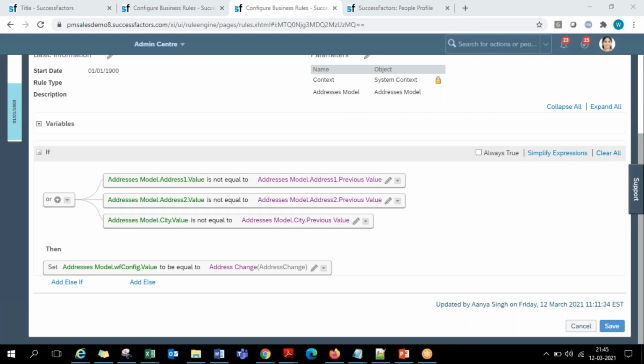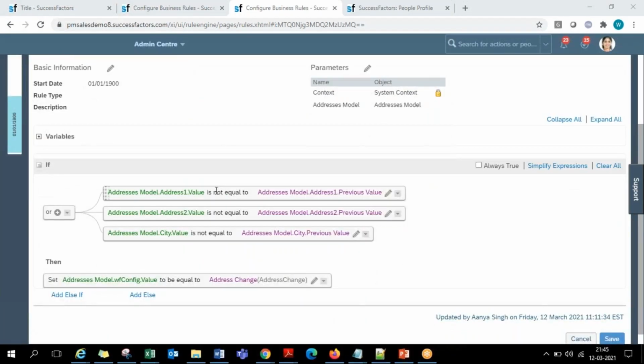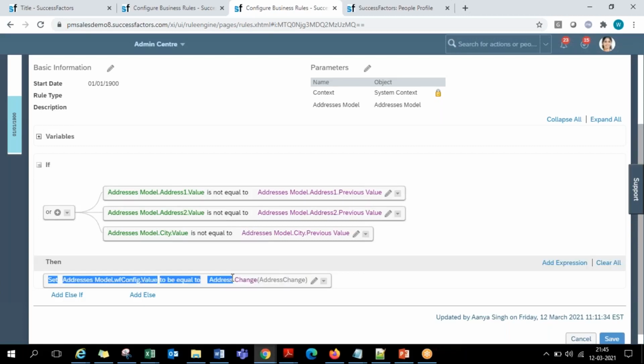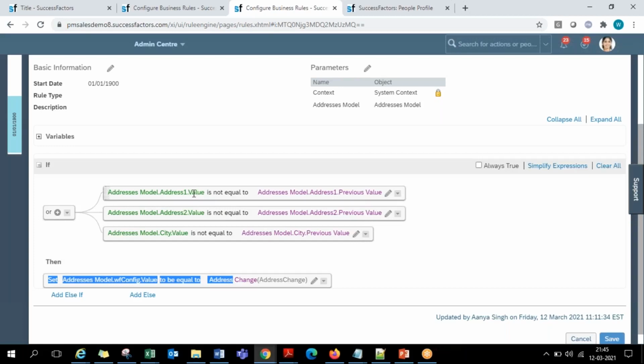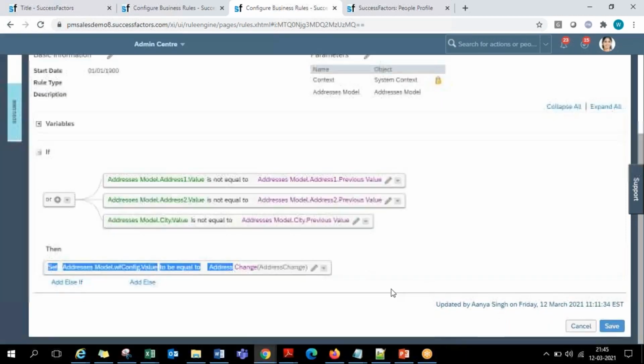Okay. So this way we can start writing the conditions on each and every field, and whenever there is a change in any of these fields, as per my rule, if there is any satisfying condition, then the workflow will trigger. If there is no satisfying condition among these three, the system will not trigger any workflow. If a customer says they need a workflow only on these three fields, and if there is no change in any of them they don't want any workflow, then it can be saved directly in the database. So now I save it here like this.